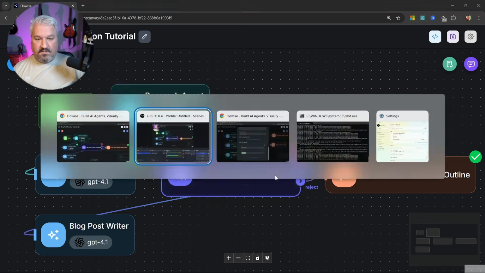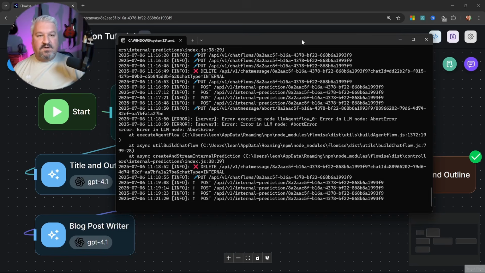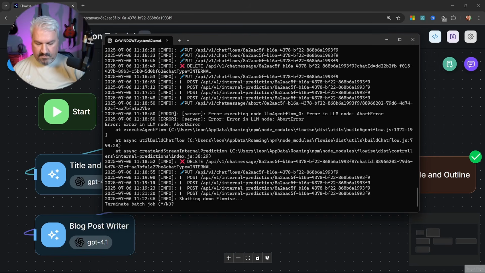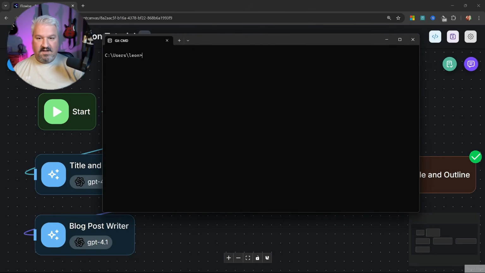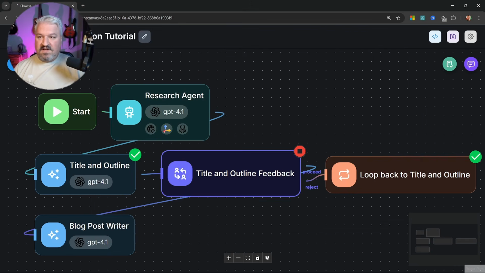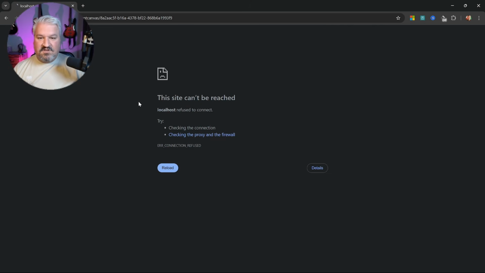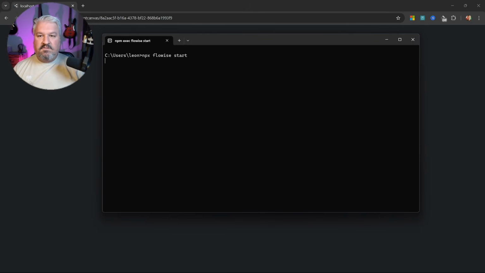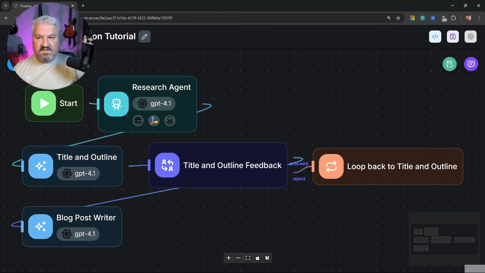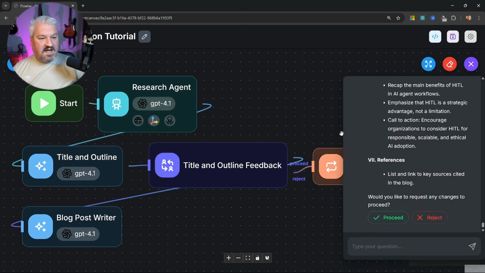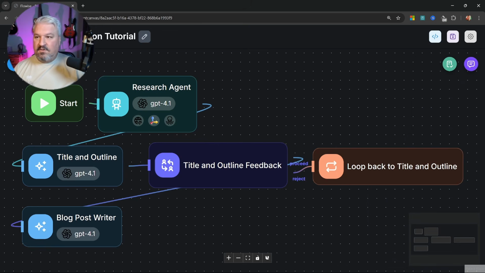Let me show you. In fact, let's do something super drastic. I'm actually going to stop the Flowise server entirely. So if I refresh, this entire application should fail. And if I start the server back up again, we can go back to Flowise. We can, of course, continue to chat in the chat window if we wanted to, but even if we went